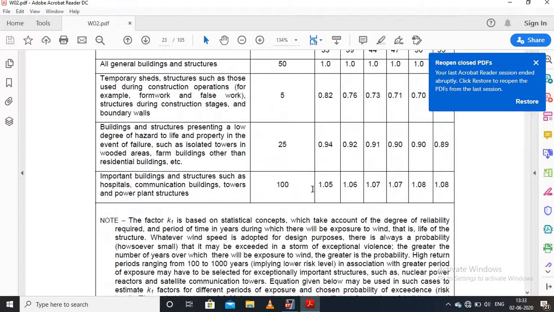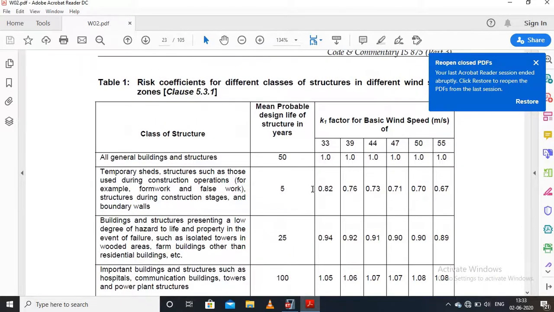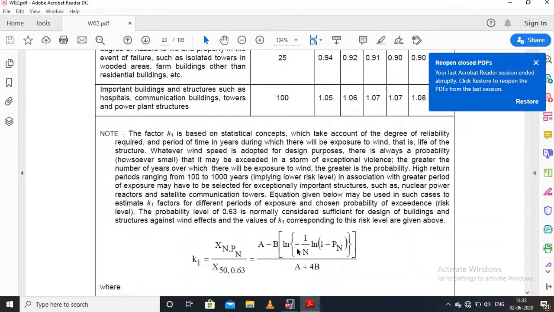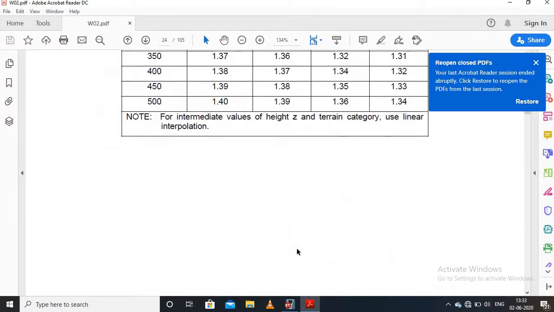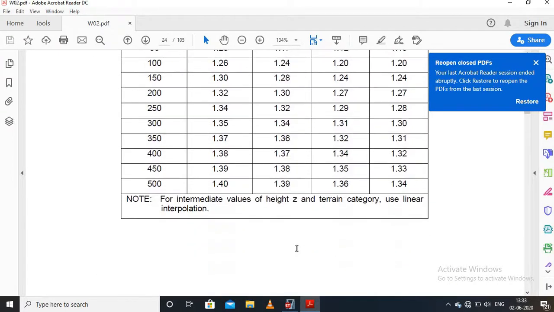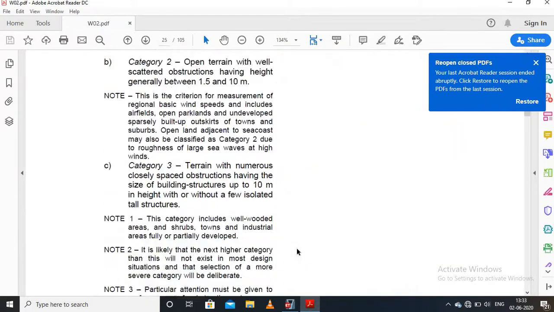You can see in the IS code, for all general buildings the risk coefficient is 1 at 33 meters per second. Then after, go to table number 20, table number 4.